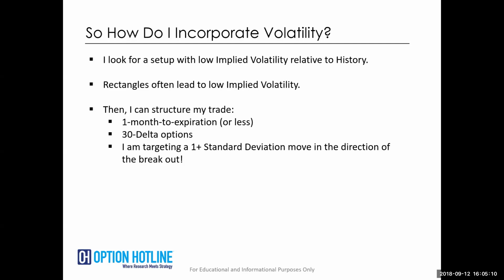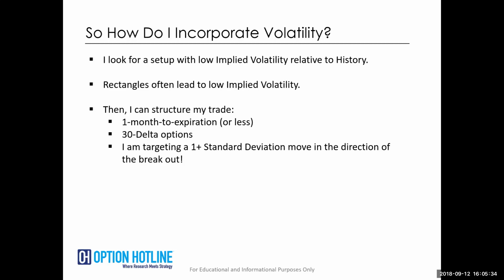Well, I went through, I did all this math, I did all this work, and I now find an opportunity where 30 delta options actually work better. That's great because I know that there's often a supply of 30 delta options in the market, because people don't like owning them. So that's what I'm buying. I'm buying what is often the cheapest option when volatility is cheap, right when it's about to get expensive.